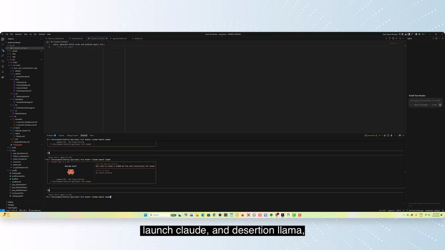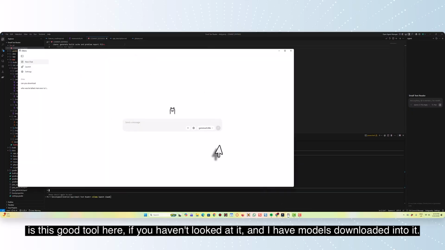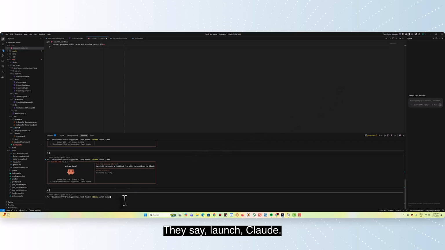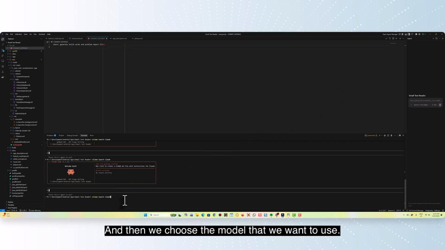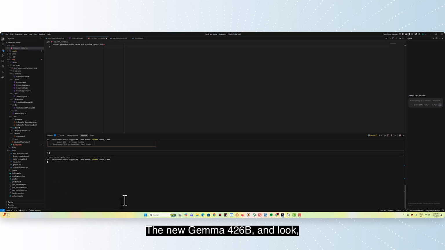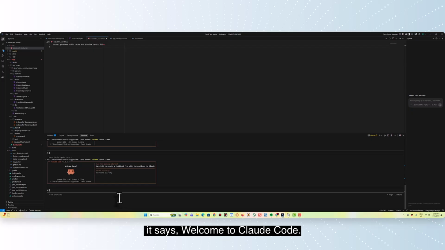And just so you know, Ollama is this little tool here if you haven't already looked at it, and I have models downloaded into it. As you can see, Gemma4 26B is one of them. We say launch Claude, and then we choose the model that we want to use. I will use that one, the new Gemma4 26B, and look, it says, welcome to Claude Code, running Gemma4